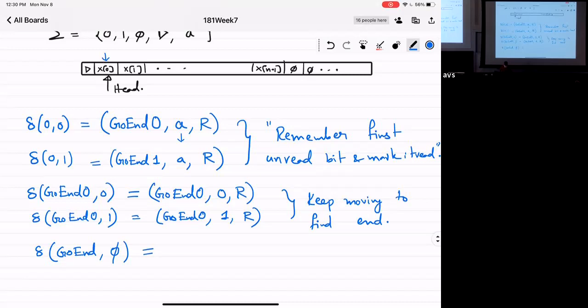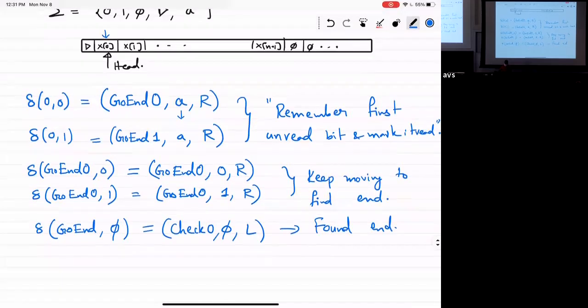Okay? So I'm going to say, go to the state which is check 0. Don't write anything, but move the head to the left. Meaning, I scan, I reach the end. Now I have to jump back, but I have to try and match the symbol to 0. Okay, so found end.